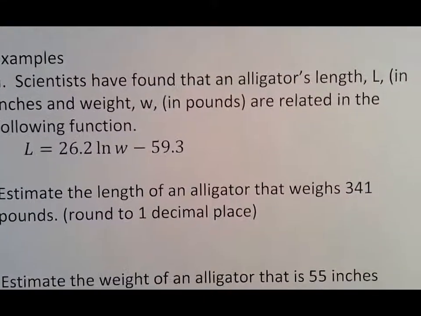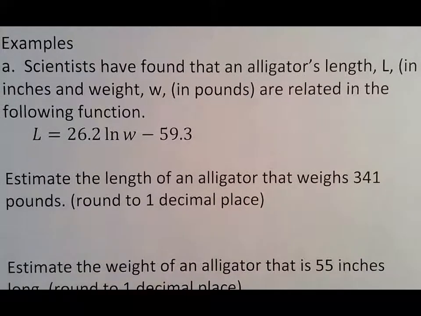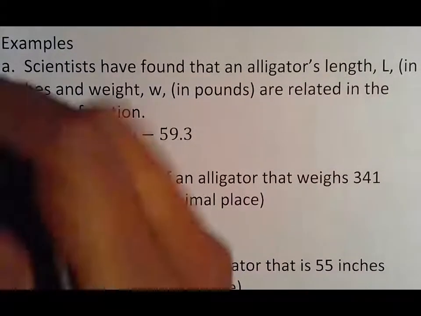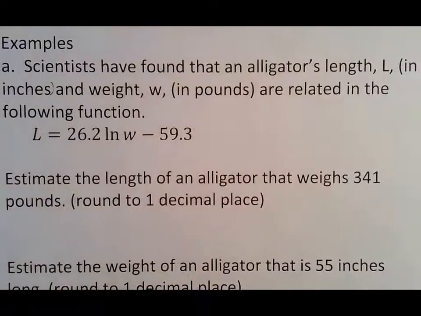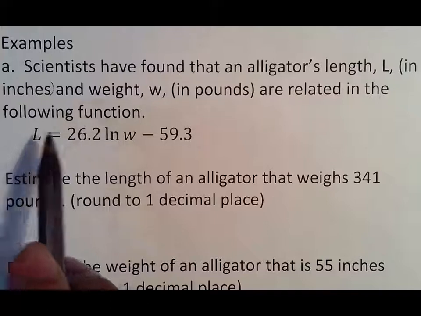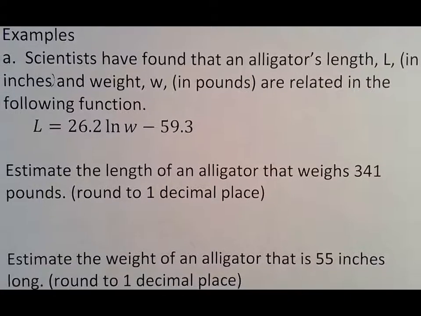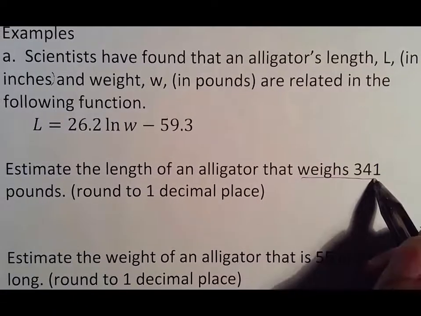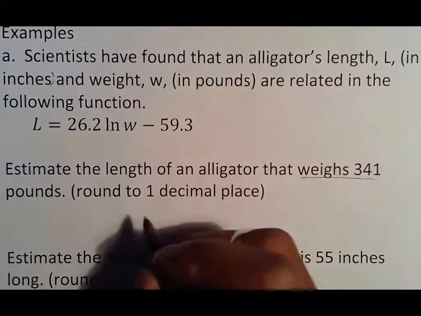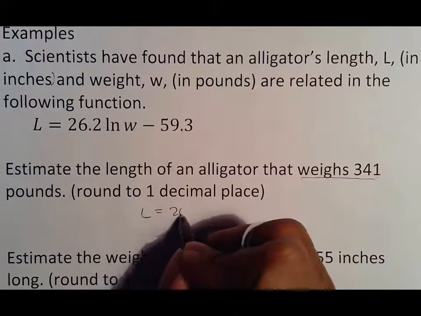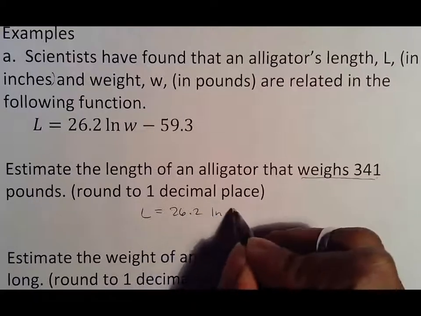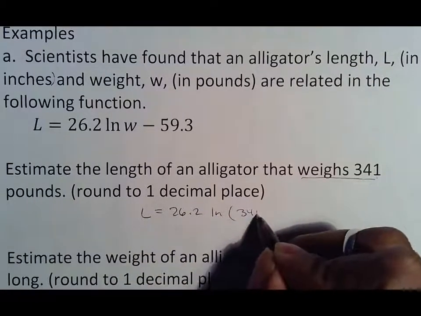So example 1. Scientists have found that an alligator's length L in inches and weight W in pounds are related by the following equation. They give us an equation relating length and weight, and they want us to estimate the length of an alligator that weighs 341 pounds. Now here's where you have to pay attention, because this question asks for two things. First off, they give us the weight. That means that 341 goes in for W, which means we are looking at L equals 26.2 ln of 341